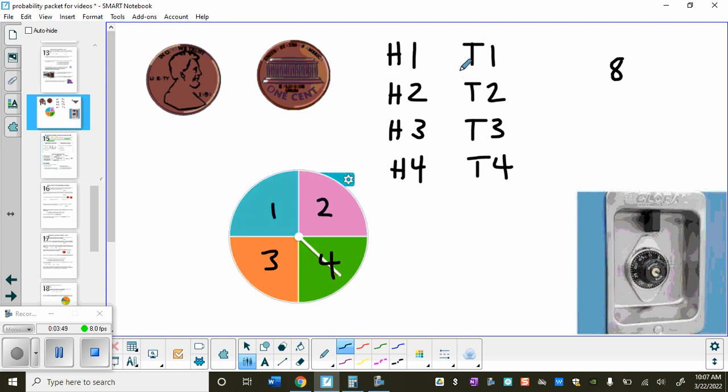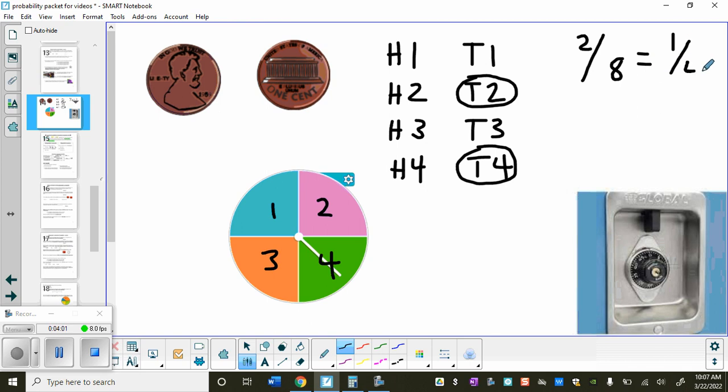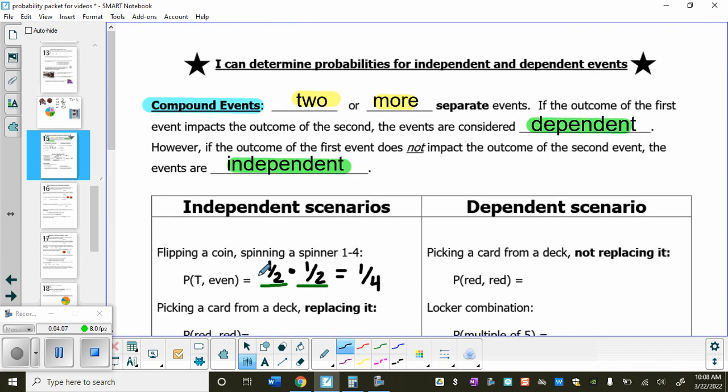So the chances of me landing on tails followed by an even number are right here and here. These are the 2 possible outcomes out of the total 8. So that right there reduces to 1/4, and that's the answer we got on our notes. So to get this answer very efficiently without having to list everything out, you can just take the probability of